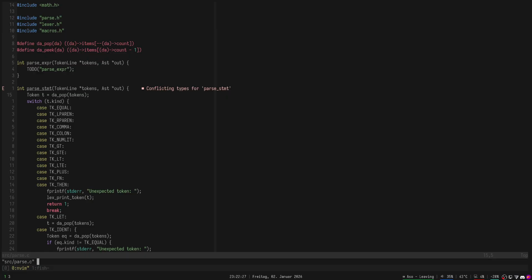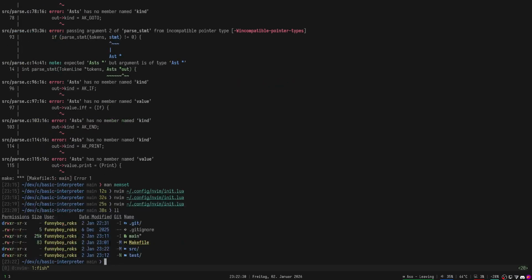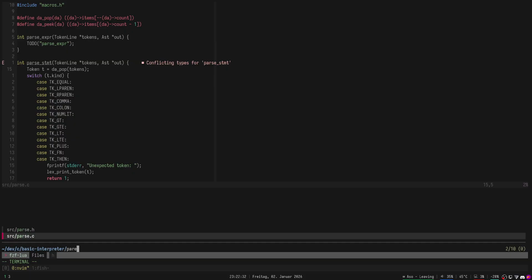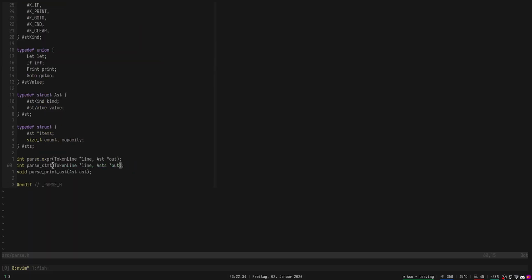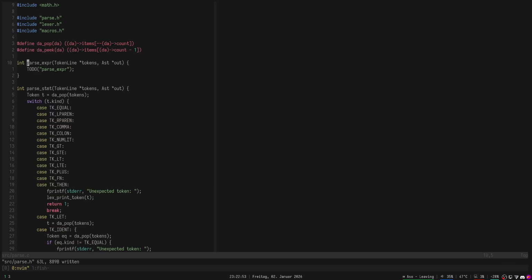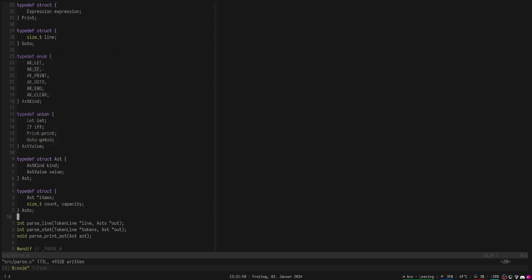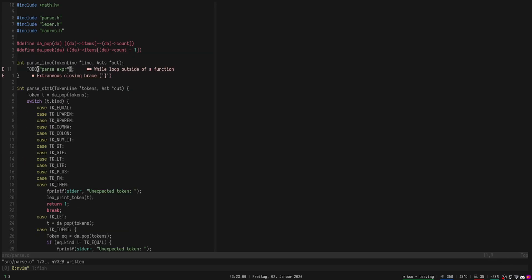Like, what am I doing? Did I just create a, no? Okay. And then in parser.h, I want to make this still take an AST, but I want to have a parse line, and since we're not using expr, I'm just going to use that. And then this is going to take the line and return ASTs. And this is just going to take tokens. And then in here, we can copy the signature, this, and then